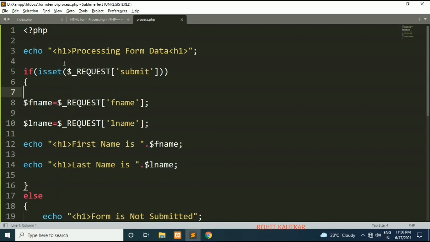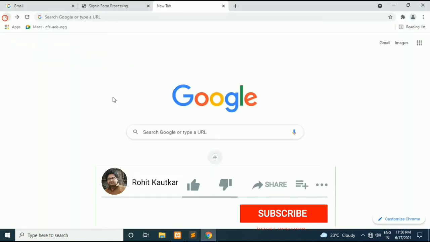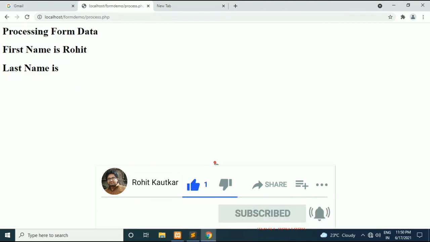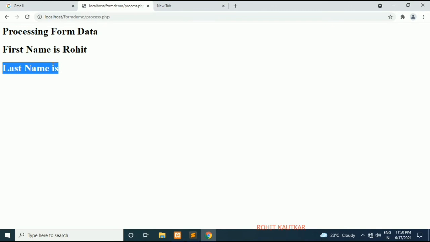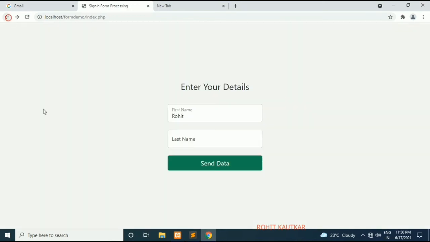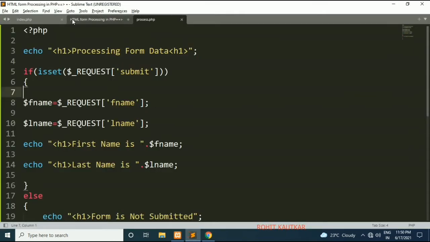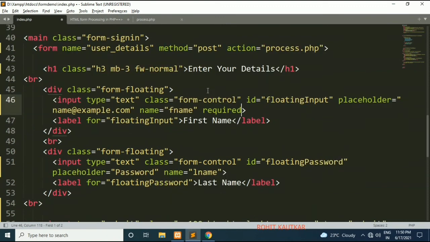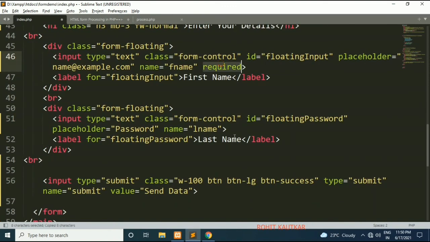Now friends, I will show you how you can force your user to submit certain values, without which your form will not get processed. So right now, if we just enter the first name value and click on send data, you can see the form is getting submitted, and the last name is missing. So if you want to force your user to provide the value of first name and last name, what you can do? Within the form, simply specify the required attribute to your form controls like this. Okay, and here as well we will specify it.